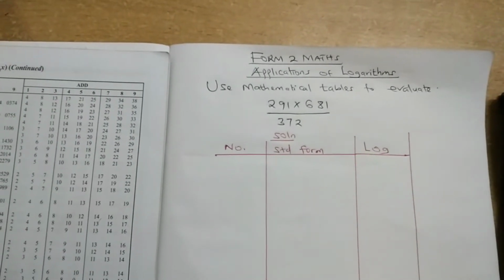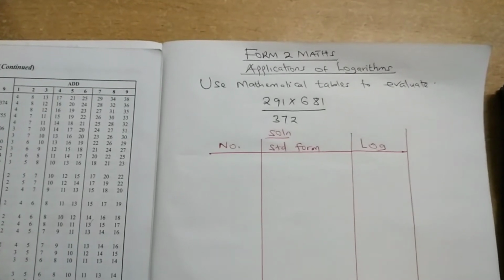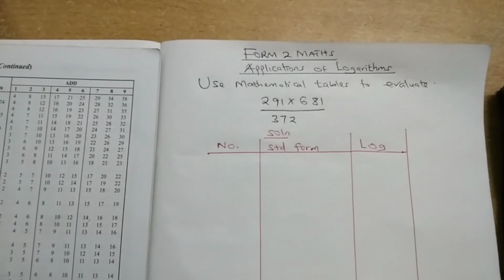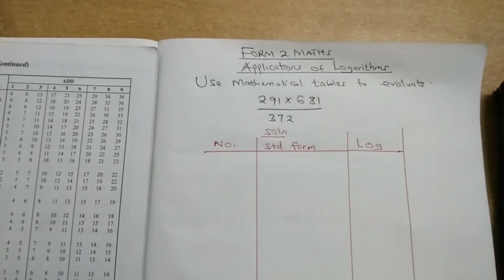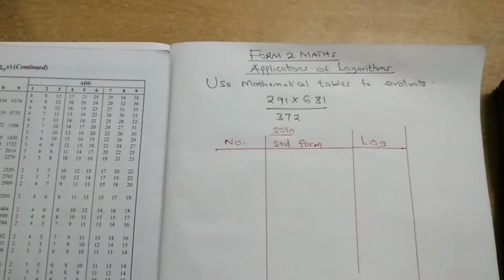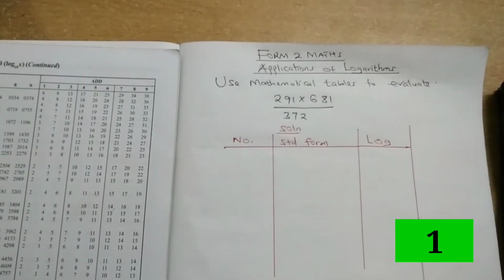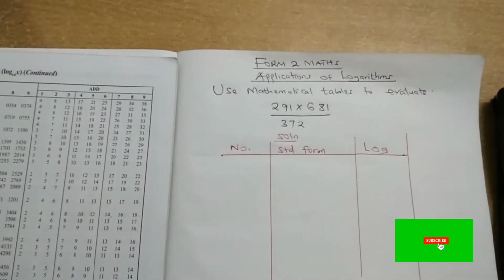This is lesson 2. A student is supposed to use mathematical tables to evaluate 291 times 681 divided by 372. We said anytime you are given a question like this, and you are supposed to use